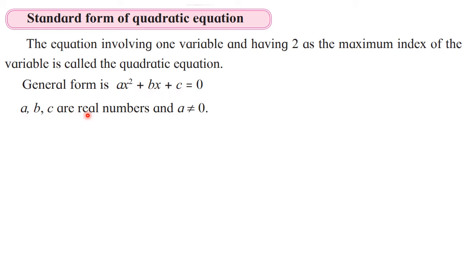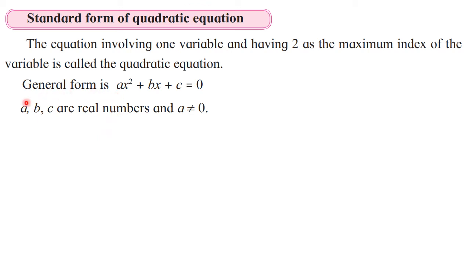Okay, so a, b, c are real numbers and the important condition here is a cannot be 0. In the previous activity also we have seen that the coefficient of x square was not 0. Here it is possible b and c can be 0 but a cannot be 0, because if a is 0 then 0 into x square will be 0. That means the highest index 2, which is our condition, that term only will get cancelled if a is 0. So this is an important condition for quadratic equation that a cannot be 0. Okay, b and c can be 0 but a cannot be 0. This is what you have to keep in mind.